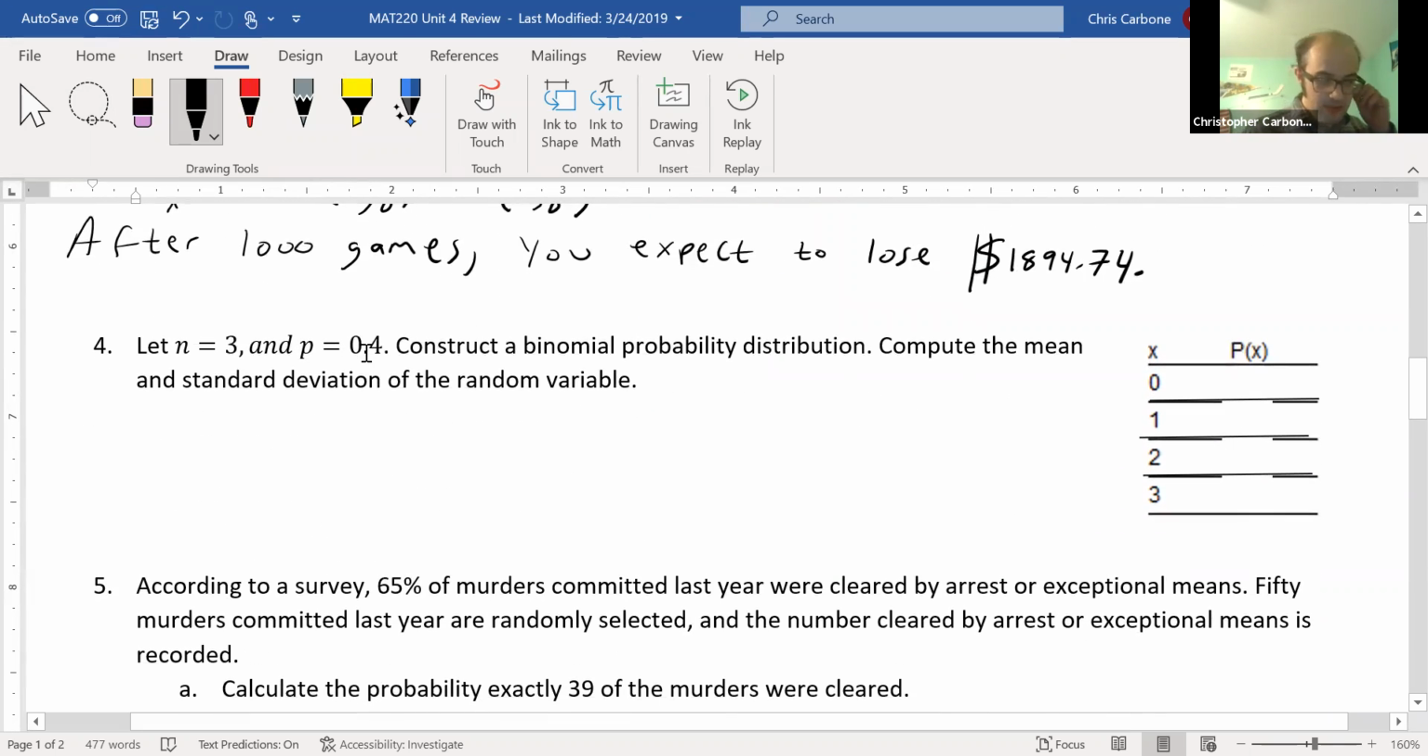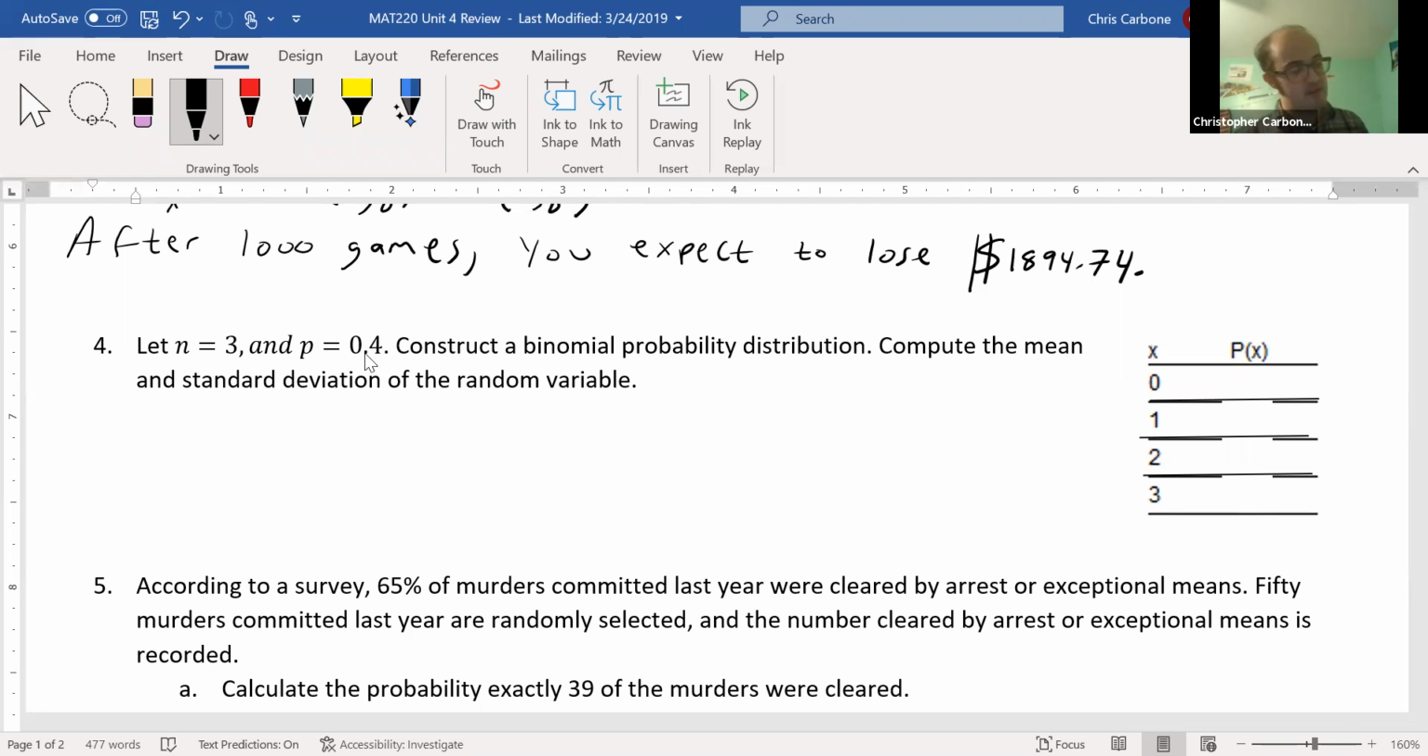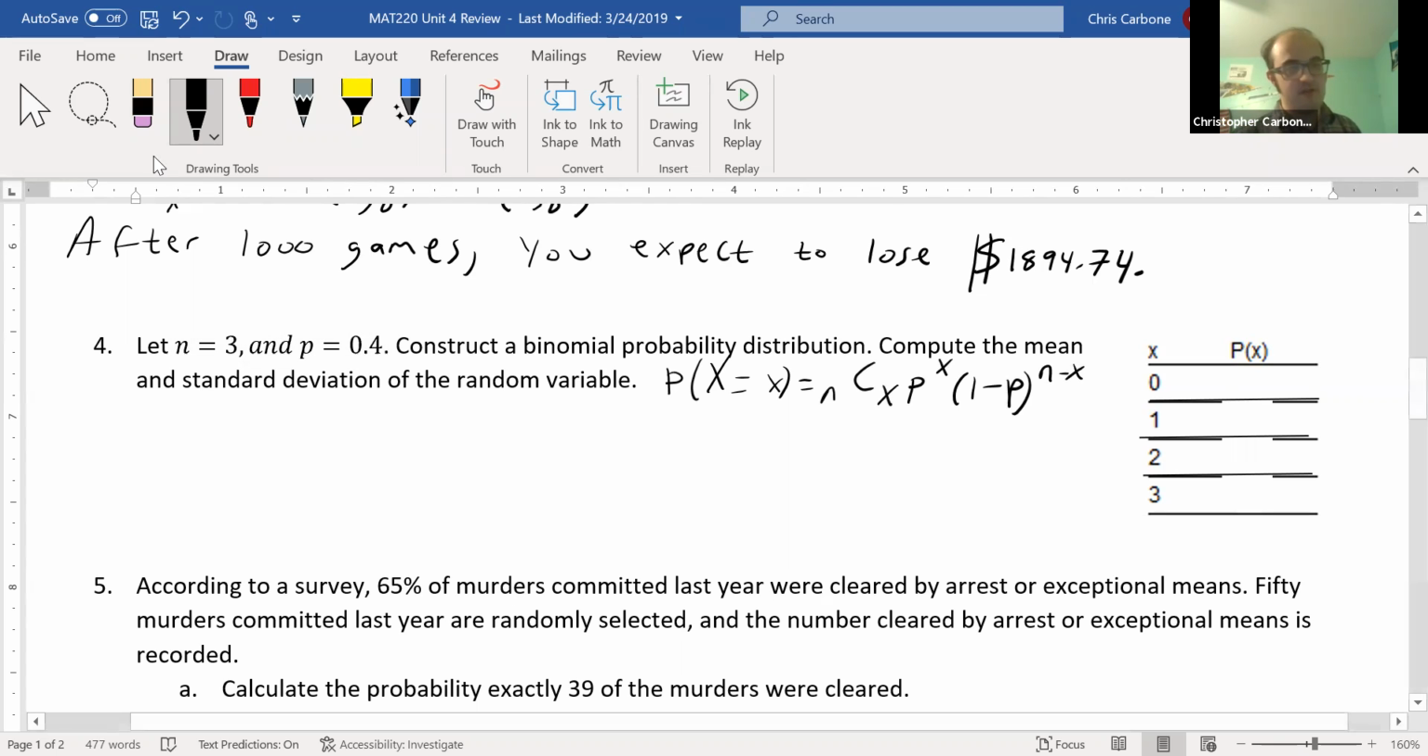For number 4 here, if we let n be 3 and p be 0.4, we want a binomial probability distribution, and then the mean and standard deviation of this binomial random variable. So we could use the formula for this if we wanted to, right? That formula being the probability of random variable X equal to some number x is n choose x times p to the x power times 1 minus p to the n minus x power. Or the way to do it in StatCrunch very quickly,